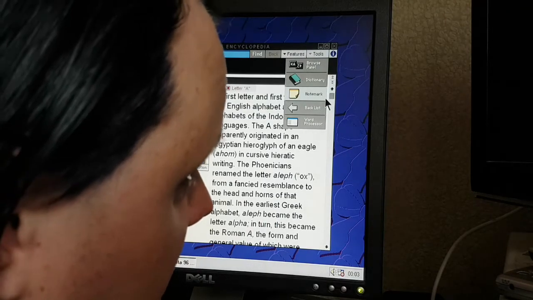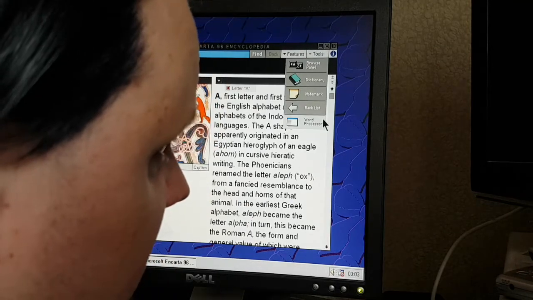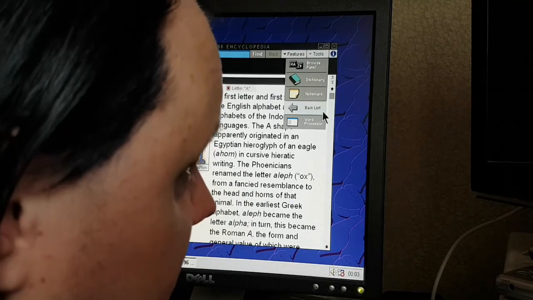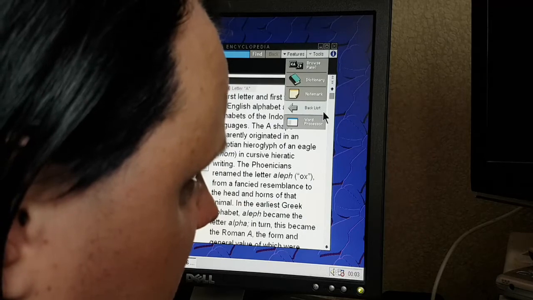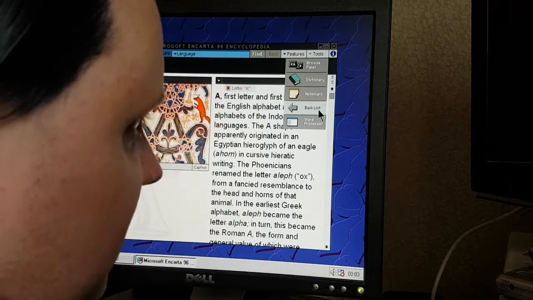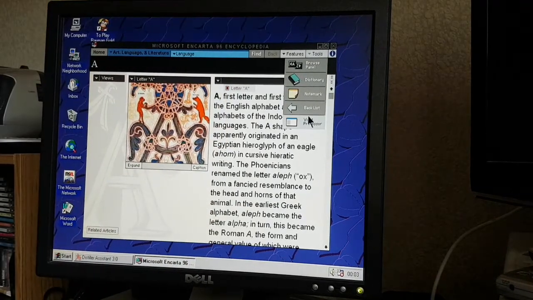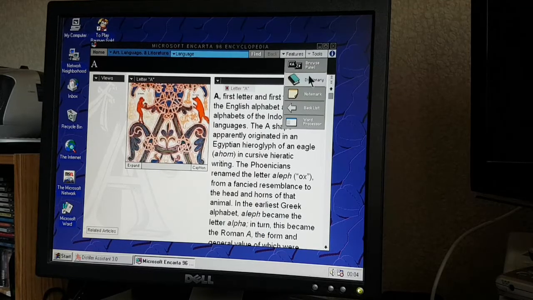You can put note marks on things. Backlist. But one thing that is quite useful to have around is access to your word processor right from within Encarta itself. It's only a small thing, but if you're wanting to put notes down,